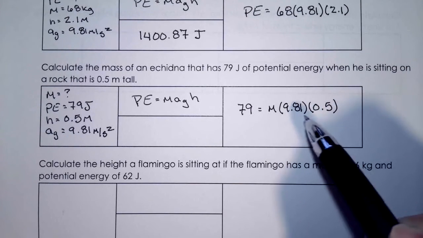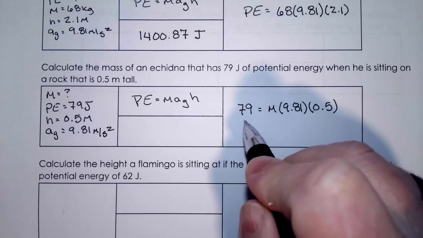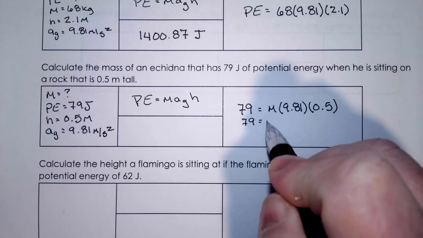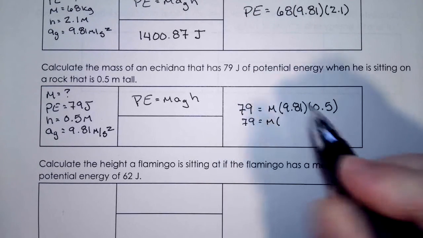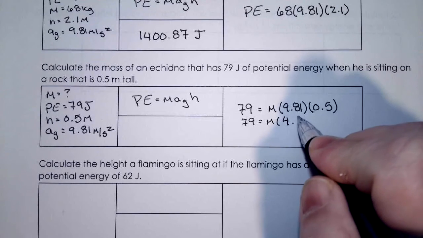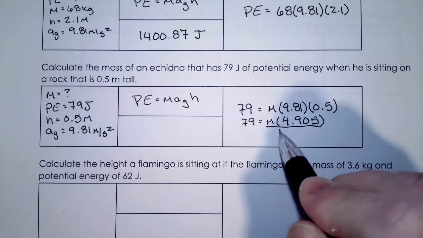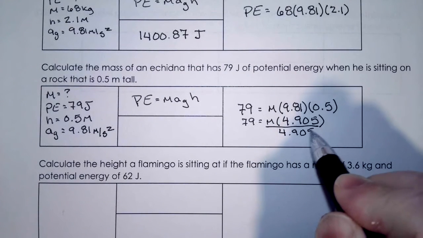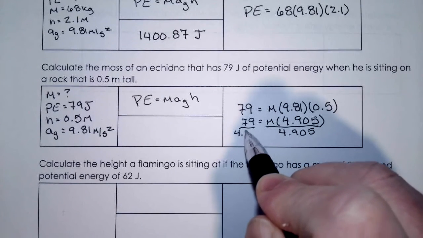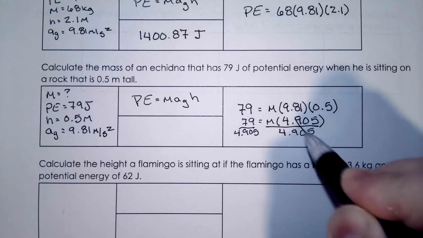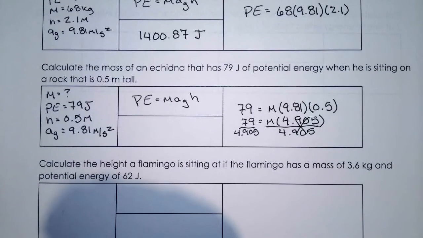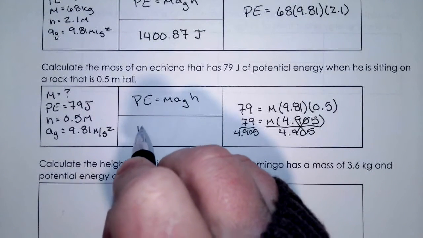So the best way to attack this is to multiply these two together. So you get 79 equals a mass times 4.905. Now we're going to divide both sides by 4.905. So that goes away, so we end up with just the mass. And the mass, as it turns out, is